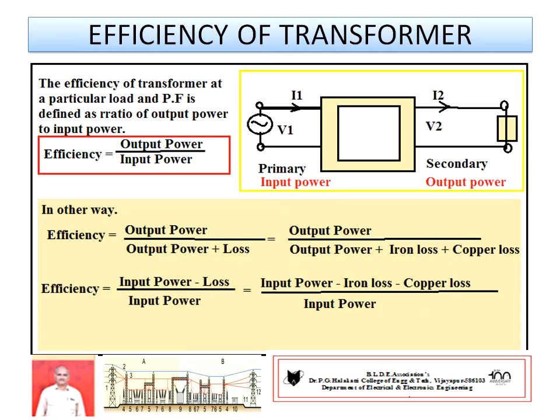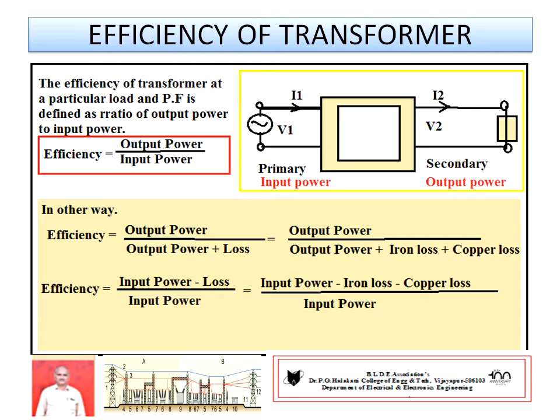The efficiency of a transformer is another concept. In general, the efficiency of a transformer is defined as the ratio of output power to input power. The side where you are supplying electricity or applying the input voltage is known as input. The side from which you are taking voltage to the load is referred to as output. Hence the primary side is input and the secondary side is output.